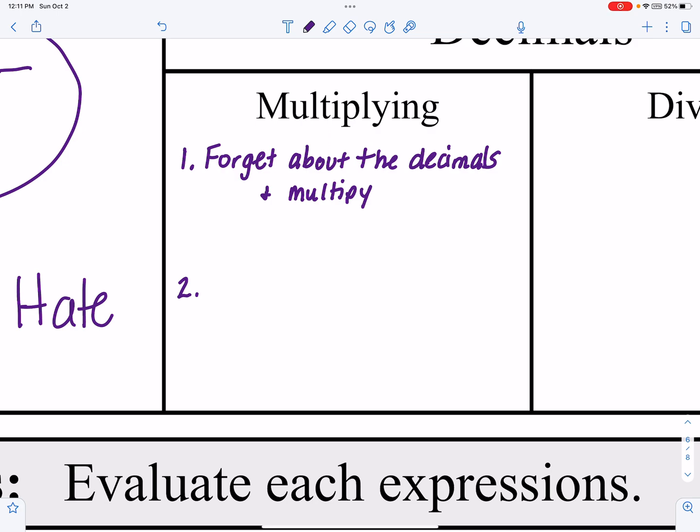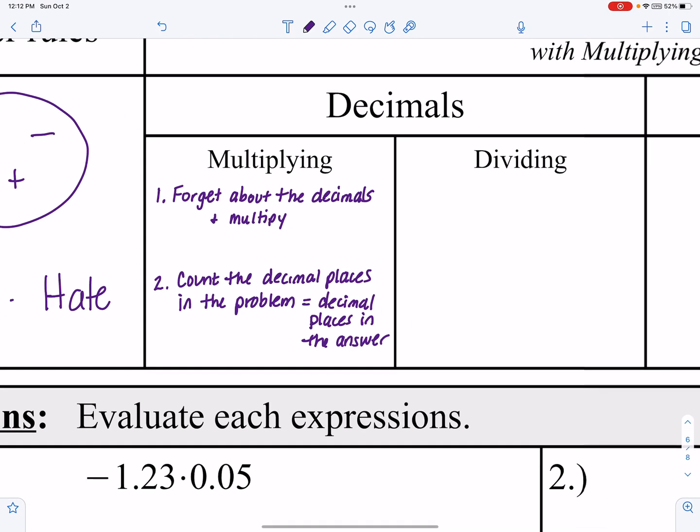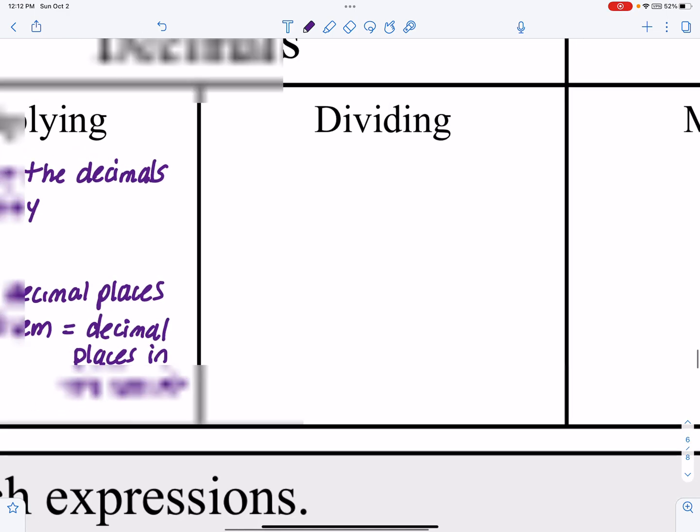So step 2 is to count the decimals, or the decimal places, in the original problem. And that will equal the decimal places in the answer. Okay? All right. And then with dividing decimals,